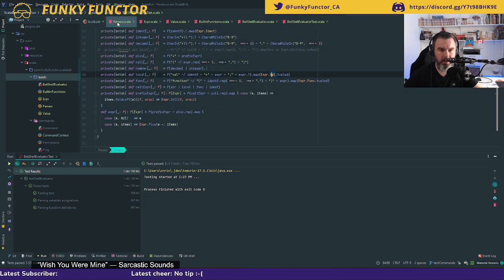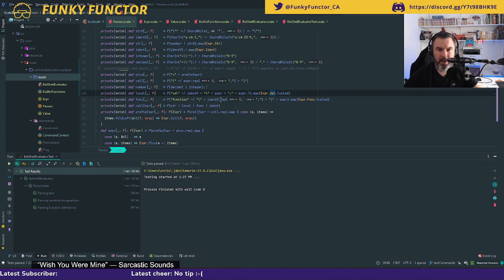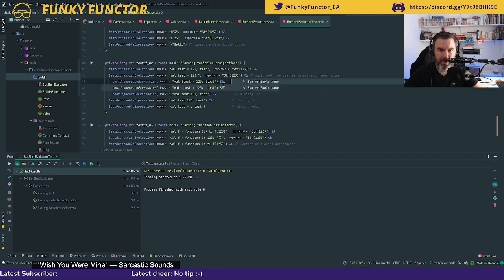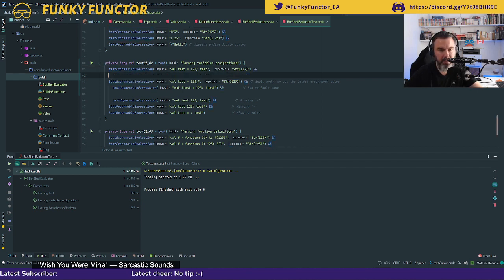So I'm going to go back to the parser. The way my identifier is defined says that my identifier starts with a character that goes from A to Z, capital and lowercase, and an underscore. So that one should be working as well. Let's modify the test so that this works as well. There we go. I'm just going to copy this whole thing, Control C, and then I want to do this underscore test and then underscore test. So that should work.